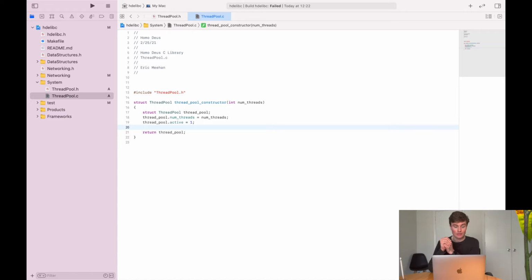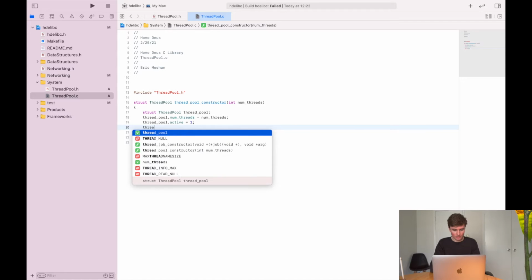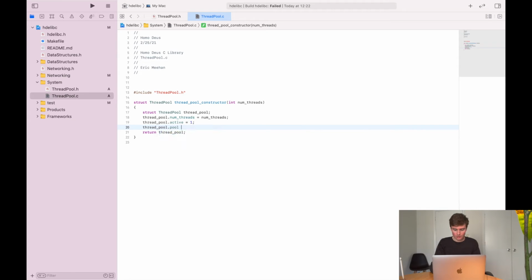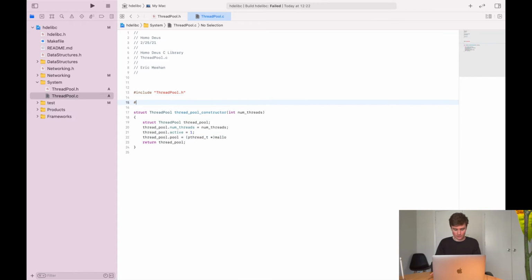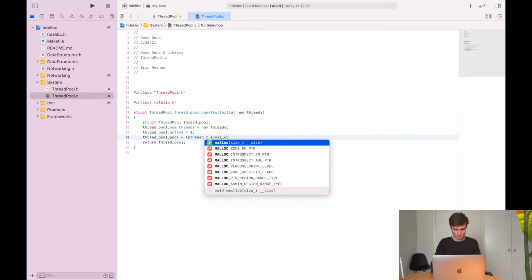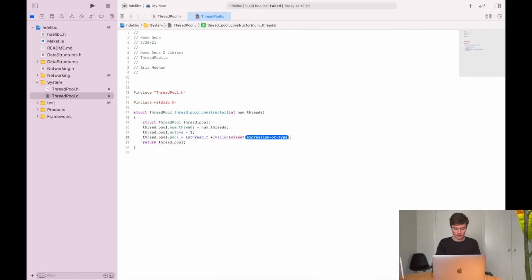Now we have to actually create the pool of threads. So we're going to use malloc here. So thread pool dot pool equals a pointer to a pthread object that is established with malloc. And for that, I need the standard library. And we're going to pass it the size of a pthread array of the size num threads. So that's going to allocate space on the heap for our pool,